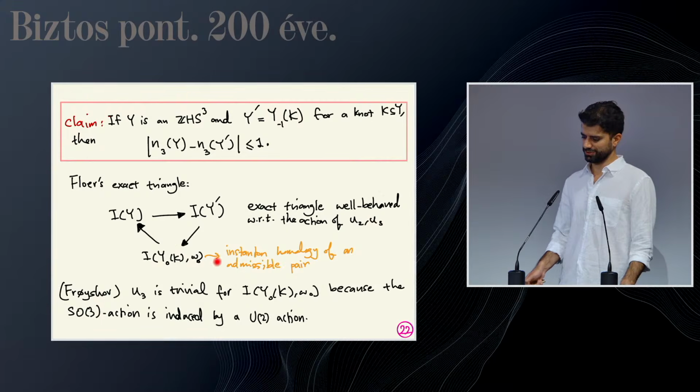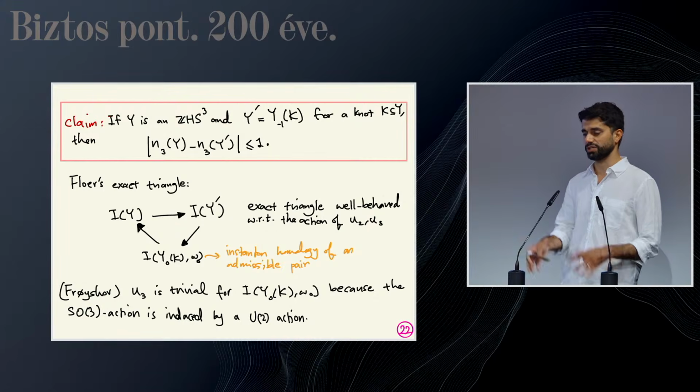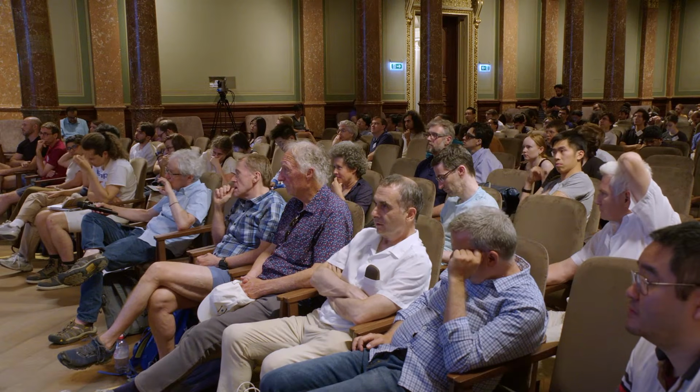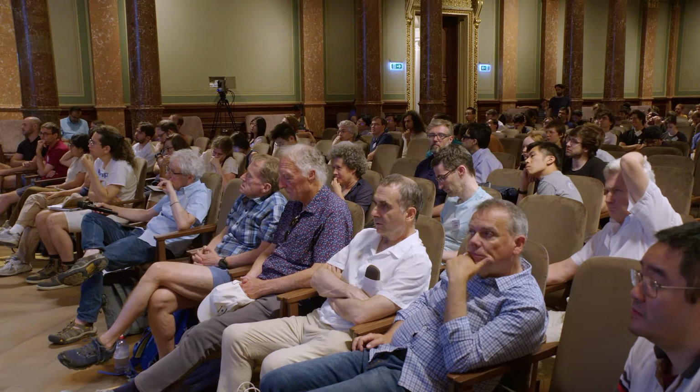it's not true, so this is not 0 anymore; the action of U2 on this one is not 0, but it would still be nilpotent. Again, this is an observation due to Frobisher, and from this he can show that the nilpotency orders of these two differ by something which is bounded. I'm not sure if it is stated in this generality, but something which is true is that you can control the difference between nilpotency order of